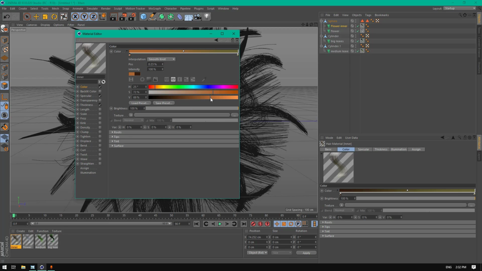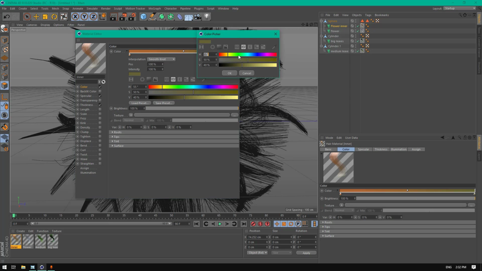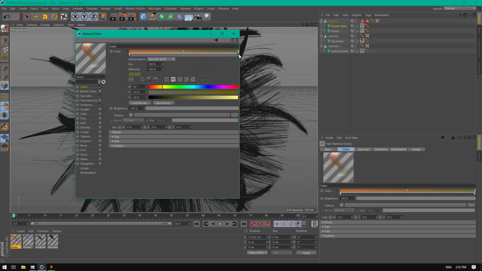This one about 68. Let's go to this one. This one will be about 34, and this one will be color and the brightness to